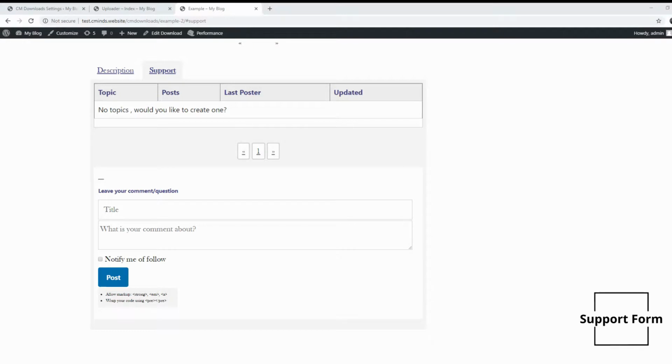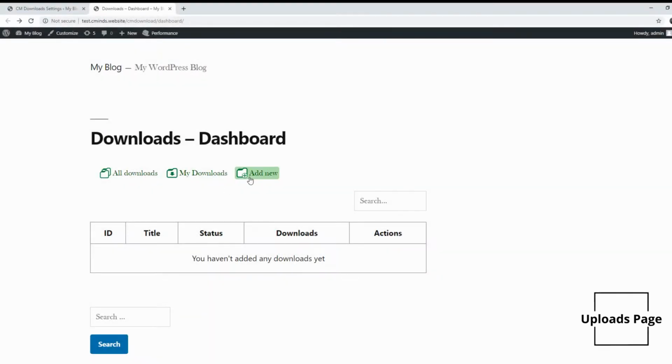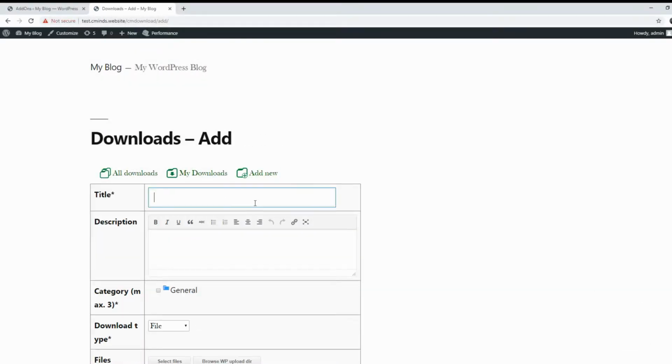A cool feature built into the plugin is a support forum. The function allows for communication between the author and user in case the user needs support or wants to leave a comment. To access the Uploads page, go to your download dashboard and click Add New with the plus folder